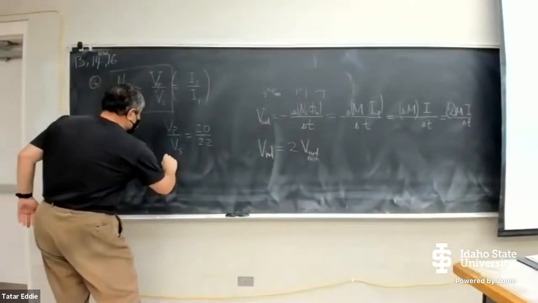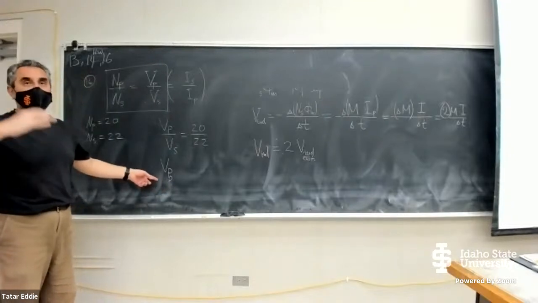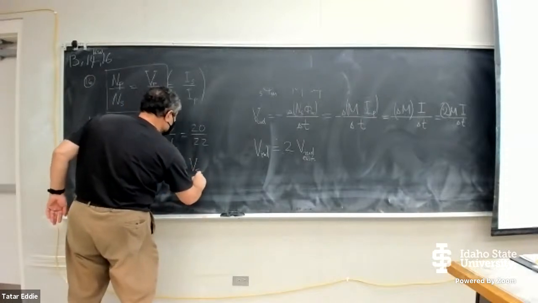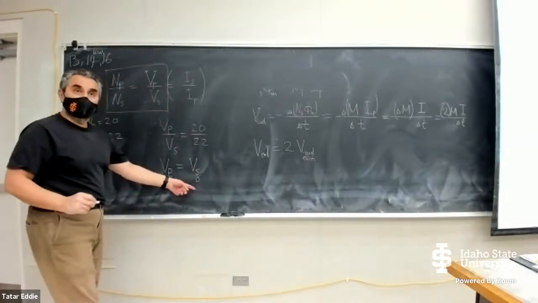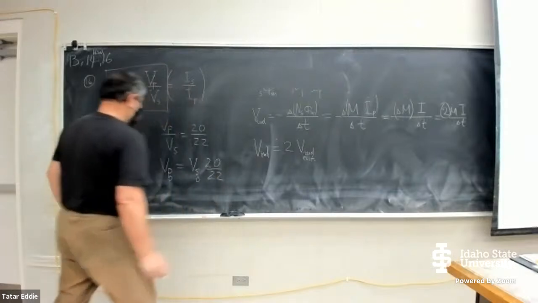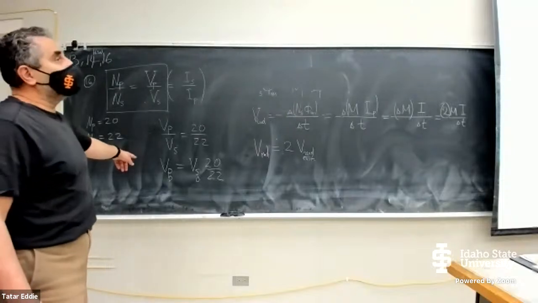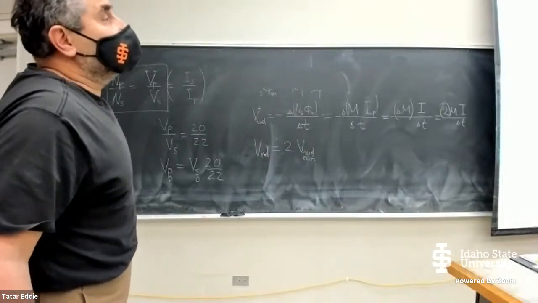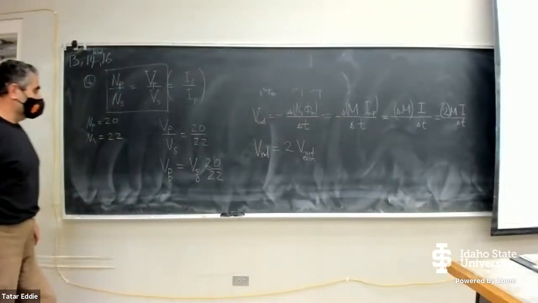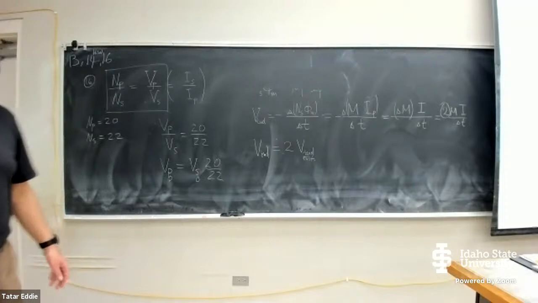In other words, the peak voltage in the primary, I'll use subscript 0 for amplitude, peak voltage, is going to be the peak voltage in the secondary, so subscript 0 means amplitude, peak voltage, times 20 divided by 22. So this allows me to find, and this should be the answer, what is the peak EMF in the generator? So it should be whatever voltage they have given there times